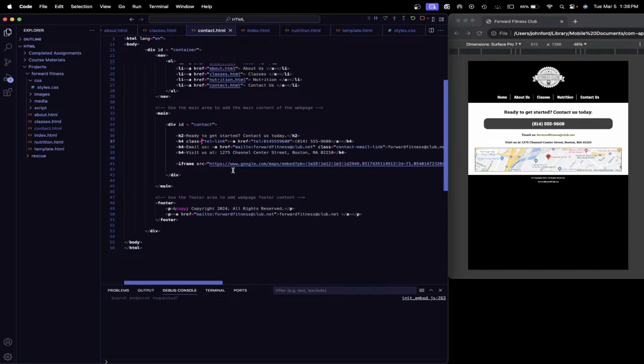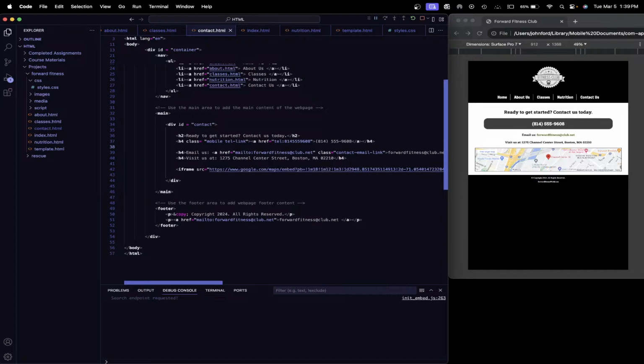And then we are going to enter, whoa, mobile tel link, yep. And enter key. And then type, okay, so now we are adding the H4